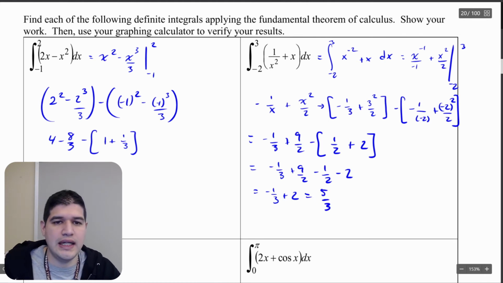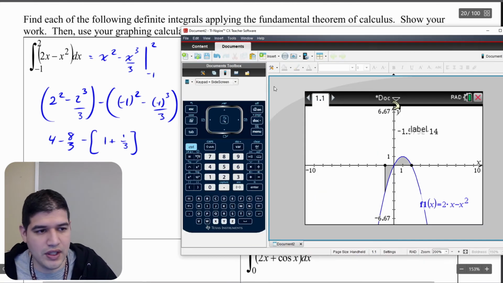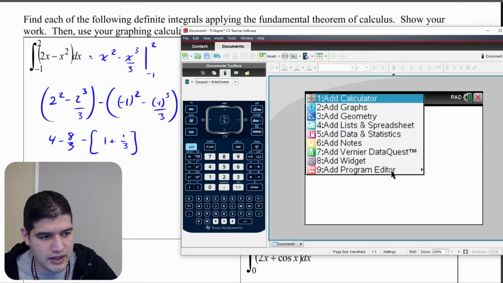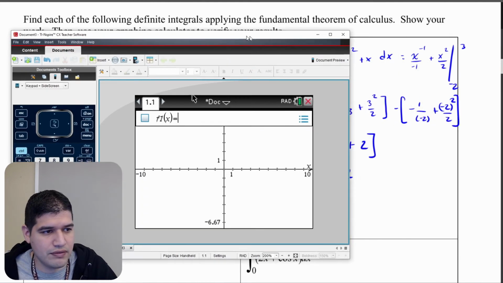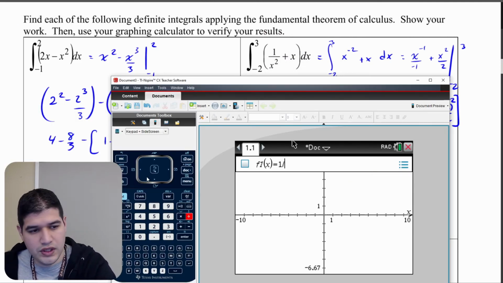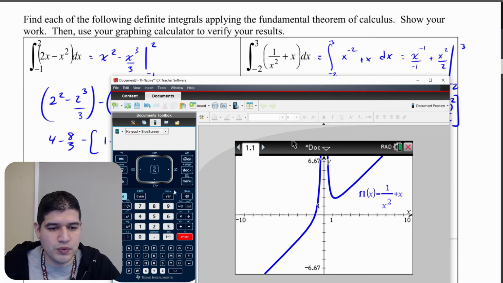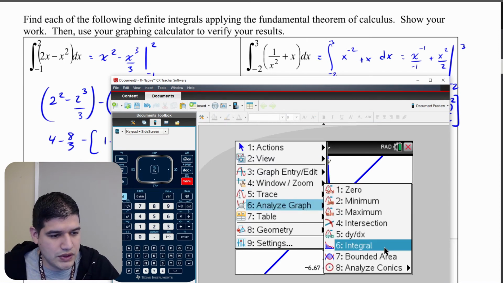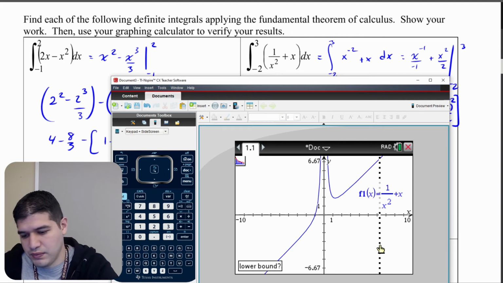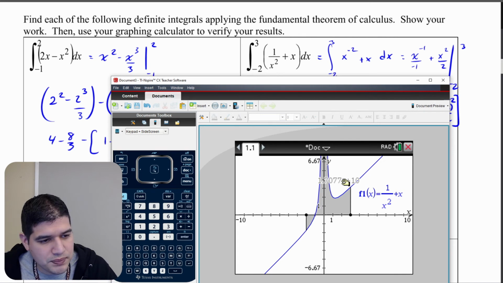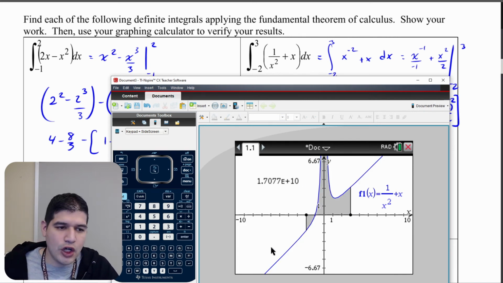So let's go ahead and check this on the calculator now. We're going to add in a new document again. Say no. We're going to add graph. All right, and I'm going to put in my function 1 over x squared plus x. So there's our function. We're going to do it the exact same way. We're going to analyze graph, and we're going to go integral, and we're going from -2 to 3. And again, we do have to do some interpretation here. And what I notice